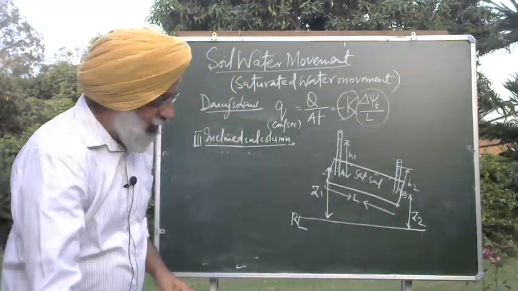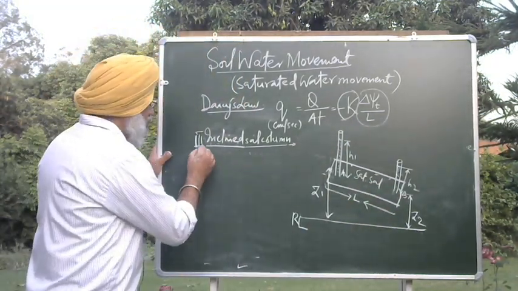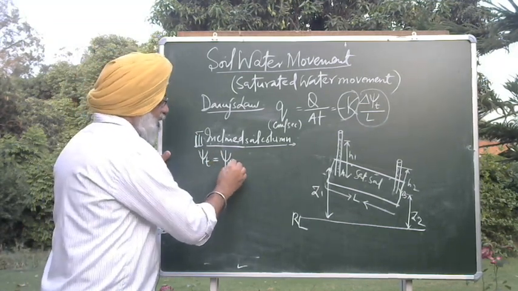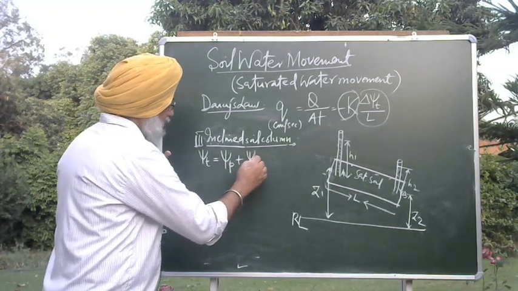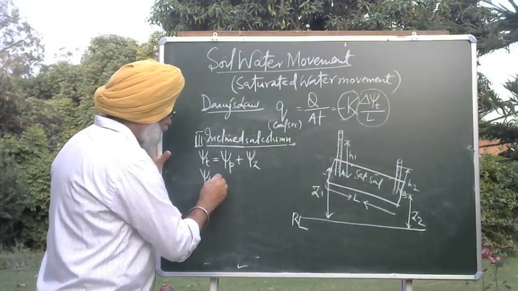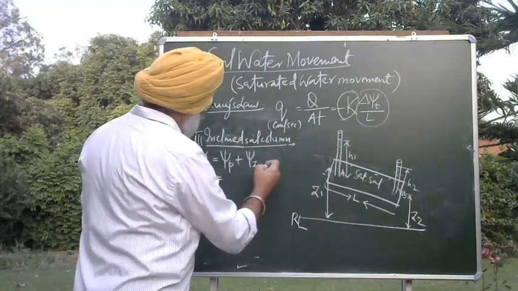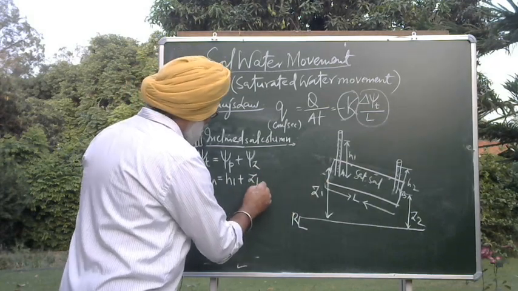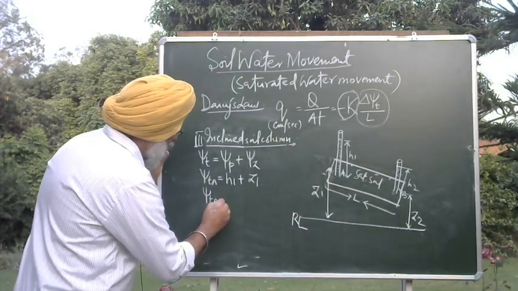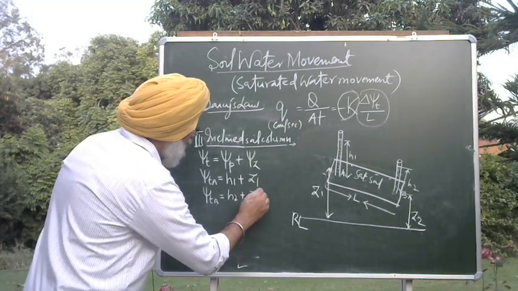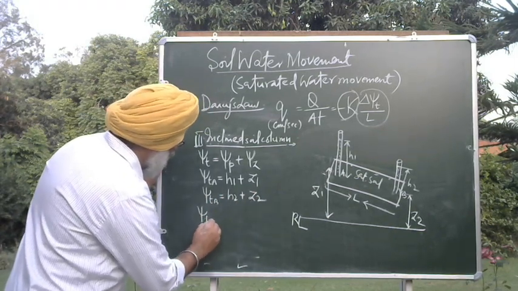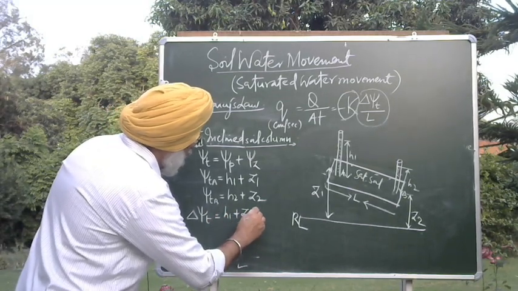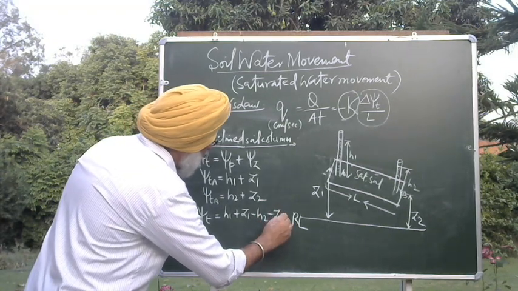Now the idea is that here the gravitational potential at point A seems to be higher than the gravitational potential at point B. Now again, let us calculate: total soil water potential is equal to the sum of pressure potential plus gravitational potential. Now what will be the total soil water potential at A? The pressure potential is H1, and this is Z1. Simply, total soil water potential at B is H2 plus Z2.